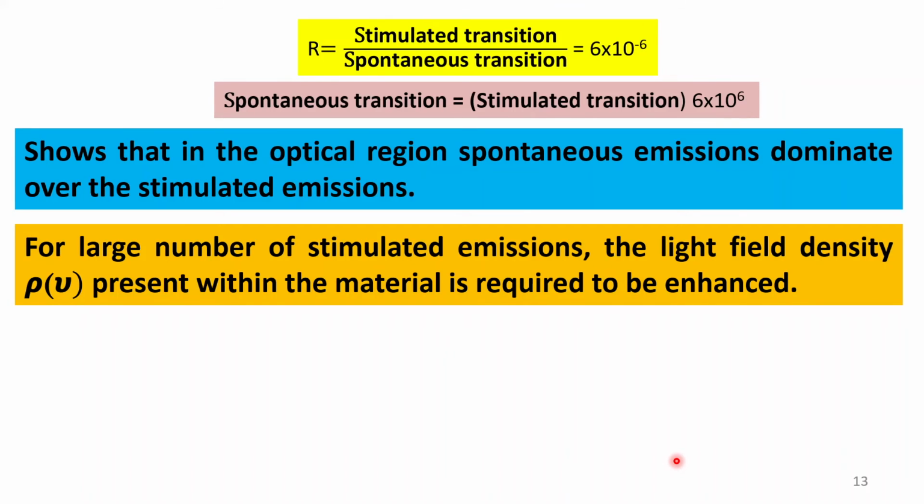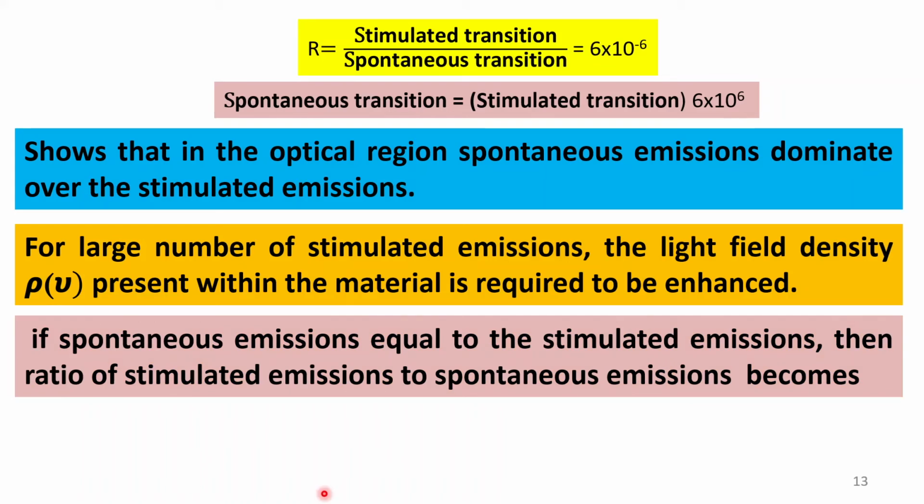Therefore, for a large number of stimulated emissions, the light field density, that is rho nu, present within the material is required to be enhanced. That means if the density of the incident radiation increases, then the stimulated emissions will also increase. If the spontaneous emission equals the stimulated emission,